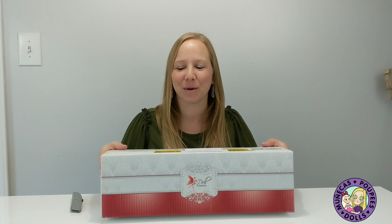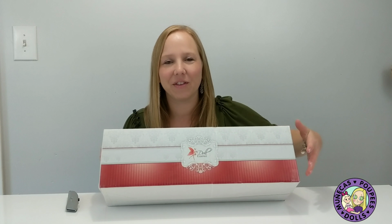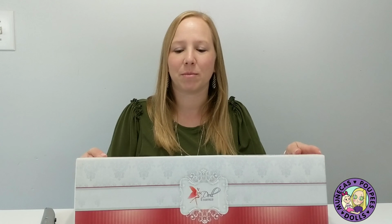Today I've got a box opening of a Doll Essence doll. You can see the logo here on the side. If you're not familiar, Doll Essence is a company out of Brazil. The sculptor artist's name is Tatiana Tofanetto. I'm not sure if I'm saying her last name correctly, but I saw this doll at IDTS in Orlando in